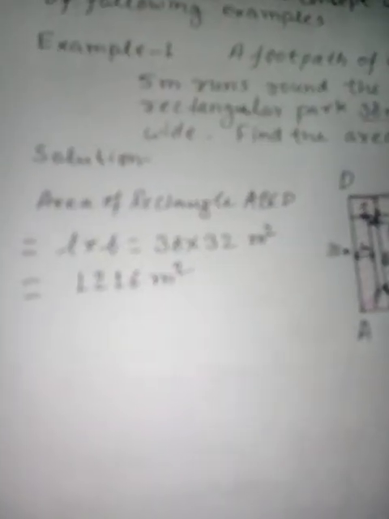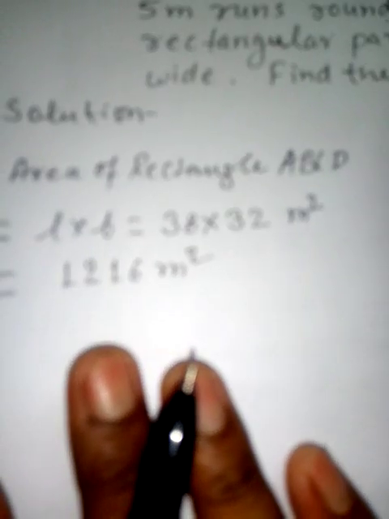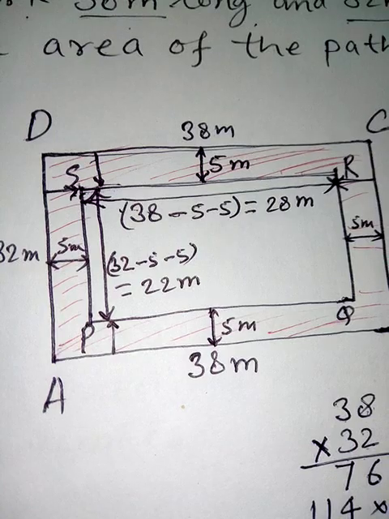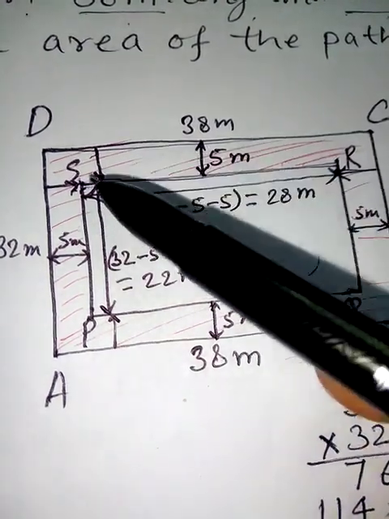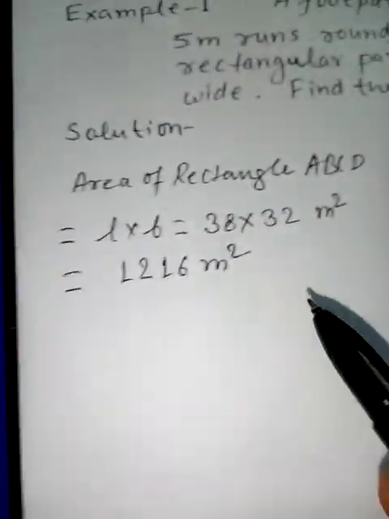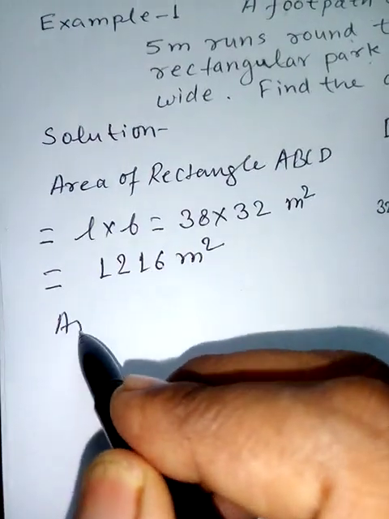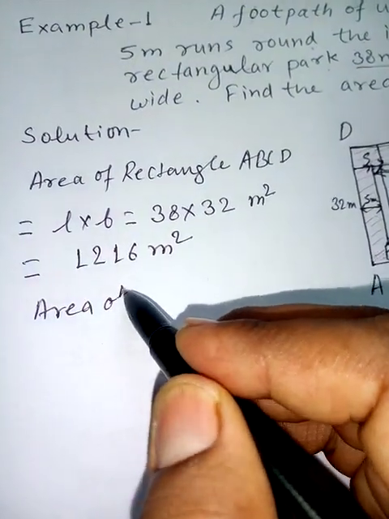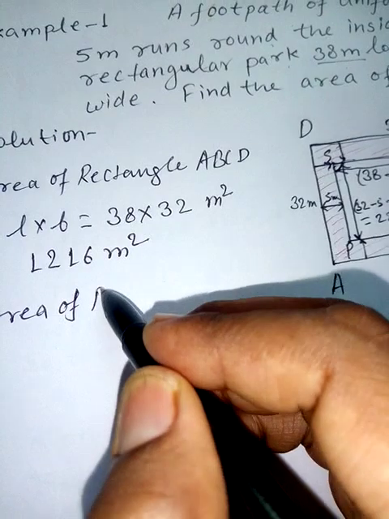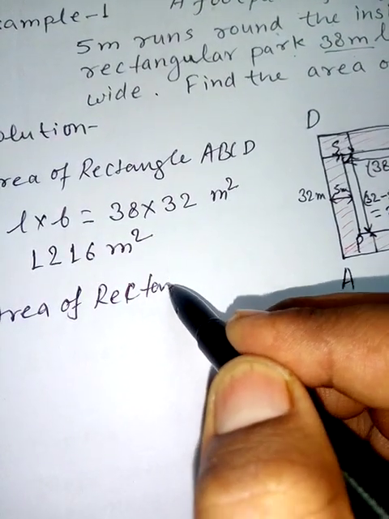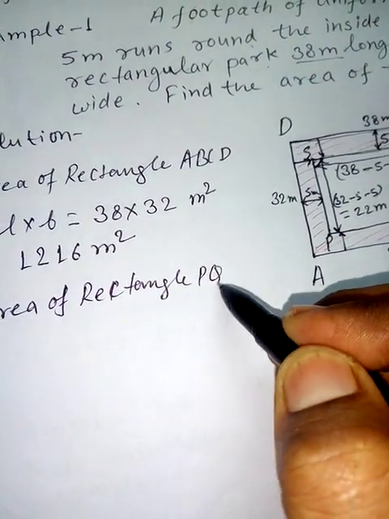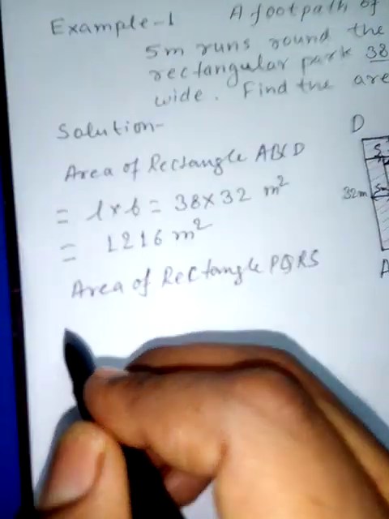Now we have to find out the area of the smaller rectangle PQRS. So area of rectangle PQRS equals